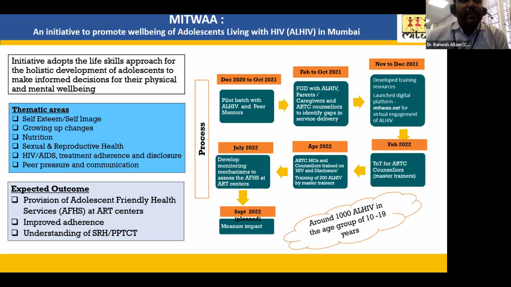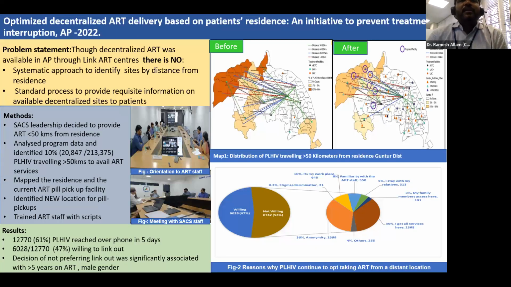So the thematic areas, what was expected from them: adolescent friendly health services at the ART centers. So this is one intervention where ART centers can look at what they can do for their center. This again, I have taken the